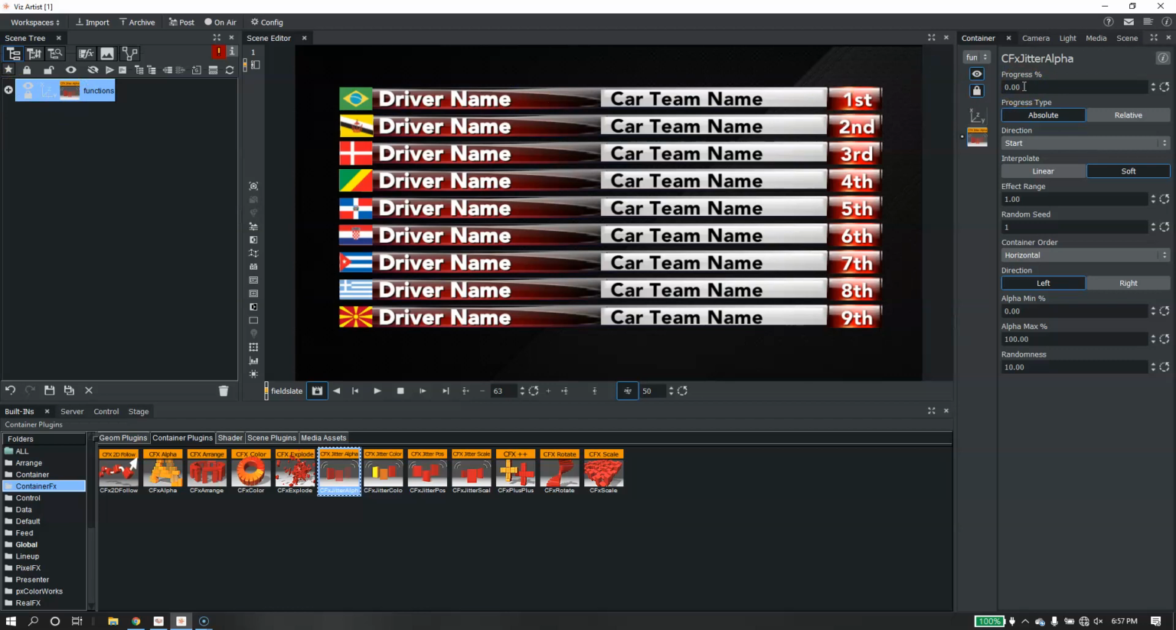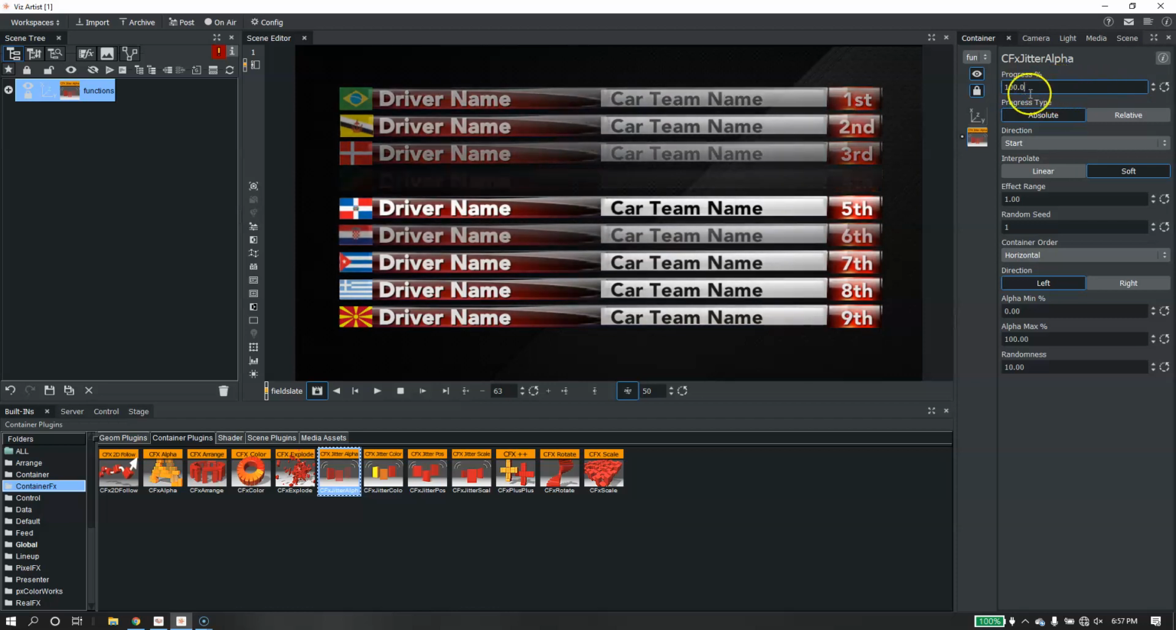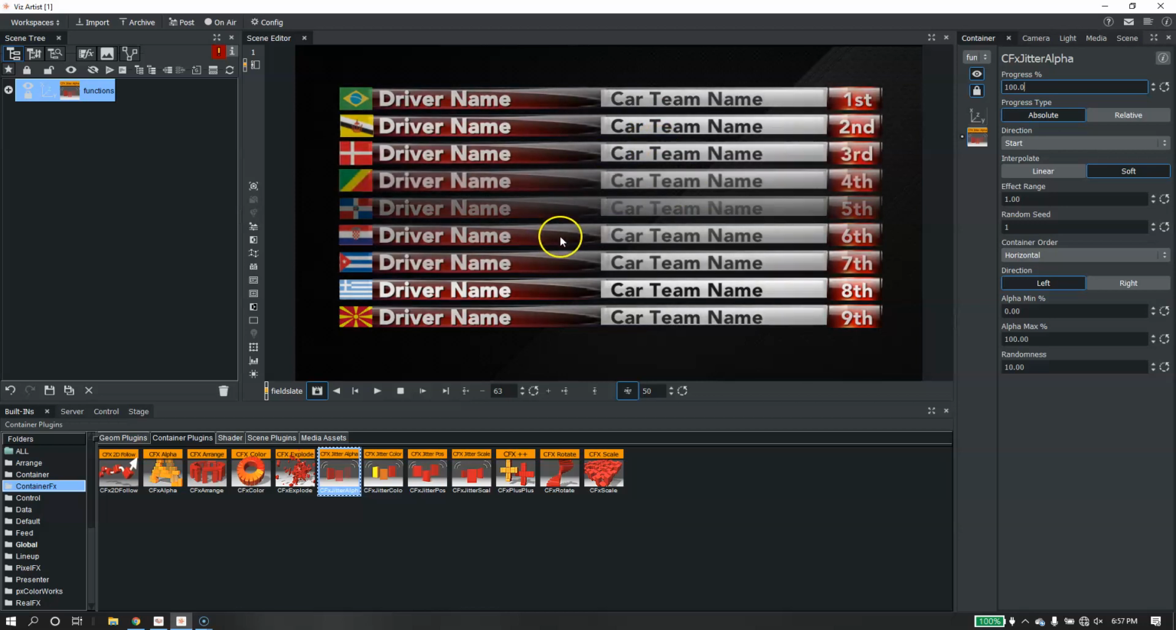Container FX Jitter Alpha properties editor here, and you have a progress percentage. As you adjust this up, you're going to start to notice the jittering of the alpha. So as we take it up to 100% or beyond, you can see what's happening here to the transparency of